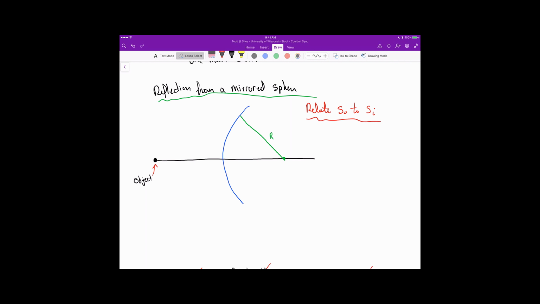It's rather difficult to create the perfect Cartesian surfaces that create perfect images. And so we're usually working with spherical surfaces. So our first foray into image formation will be to look at a mirrored sphere. And so this blue surface right here represents the spherical mirror, which has radius capital R and its center right